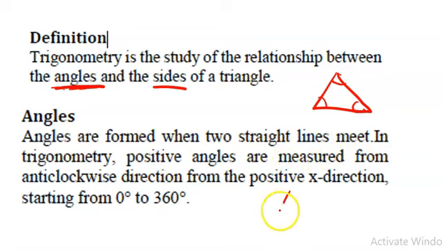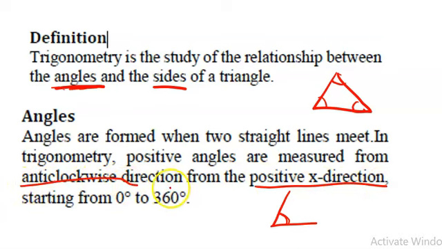If you have this straight line and then another one, the corner, the intersection, is what is called an angle. Now listen, in trigonometry, positive angles are measured in the anti-clockwise direction, from the positive x-axis. These words are very important: from the positive x-axis,